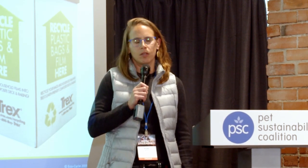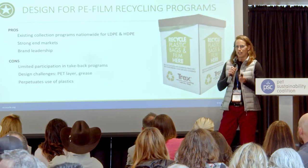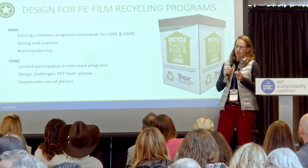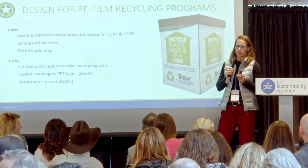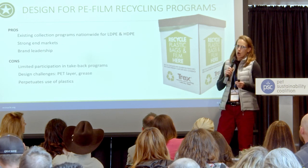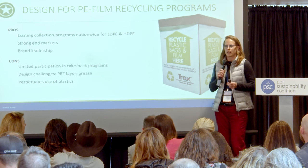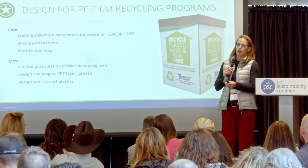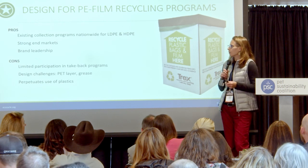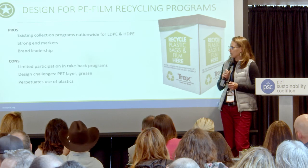These pouches tend to be mono resin, right? So they're HDPE, LDPE, meaning they're one type of plastic or they're very minimal amounts of other plastics. So it's a little bit of a design challenge. It doesn't necessarily fit all products and packaging, but it's a step in the right direction. And I think this design toward reducing the amount of resins is going to help recycling markets in general. So this is something we feel pretty good about. We of course can talk a lot more, but